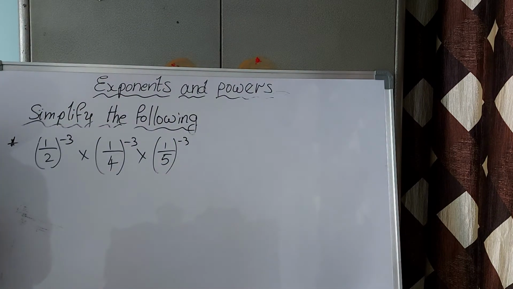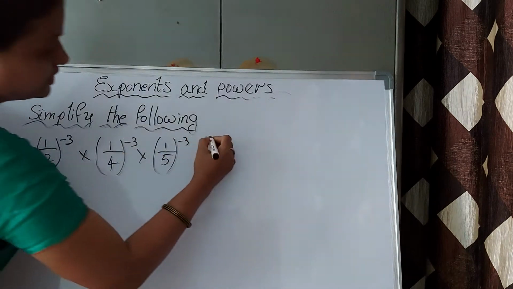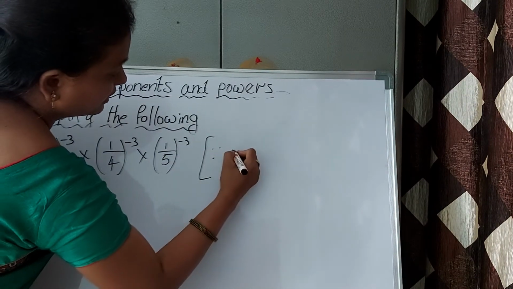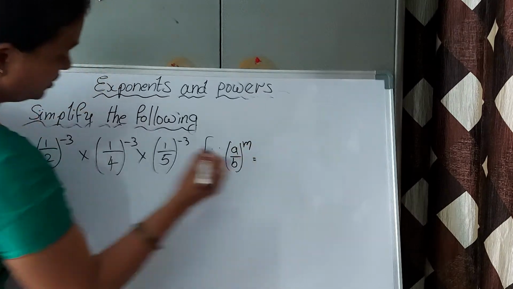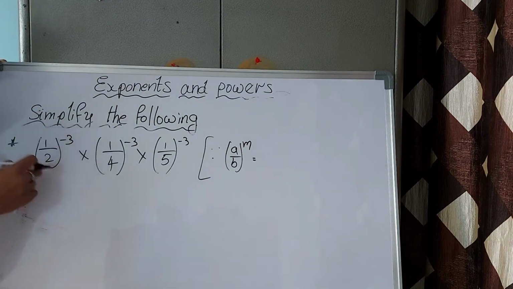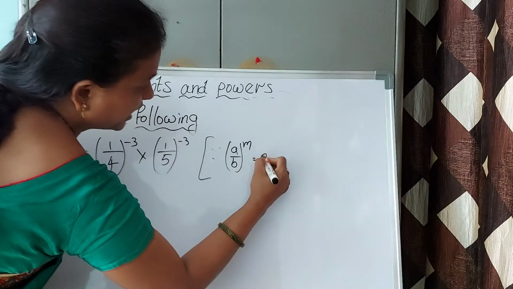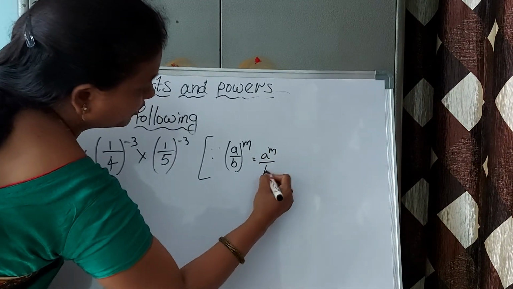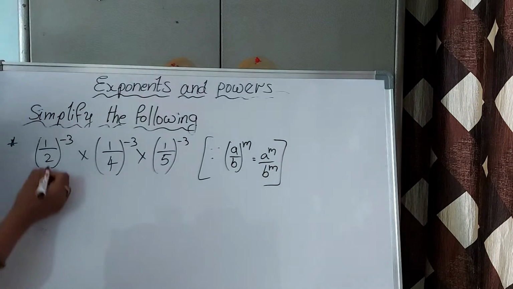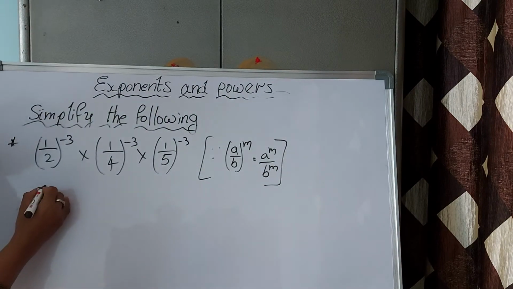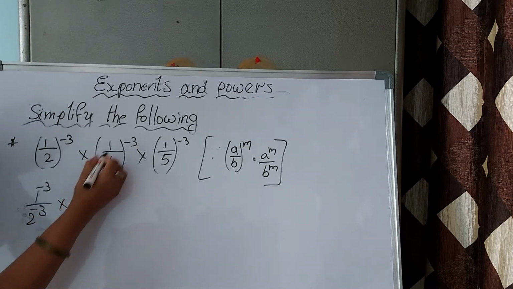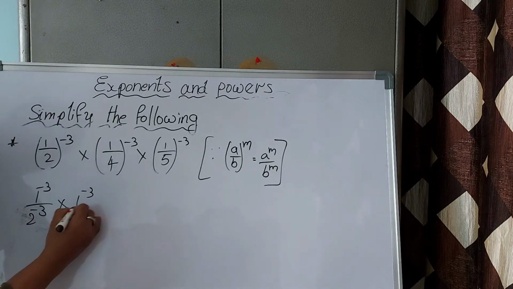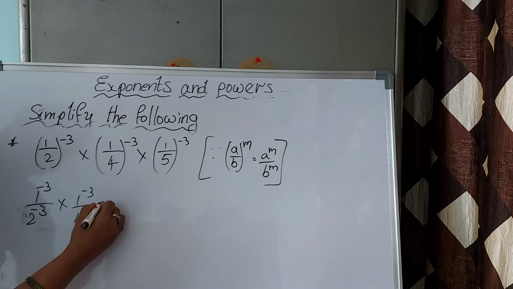A by b whole power m means a power m by b power m. I am splitting this one: 1 power minus 3 by 2 power minus 3, 1 power minus 3 by 4 power minus 3,